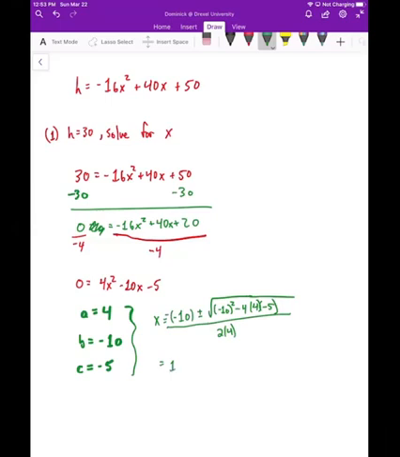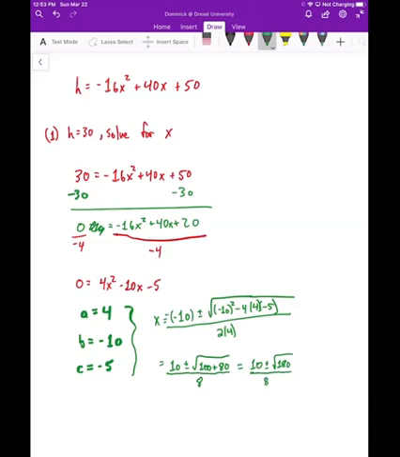So we get a positive 10 plus or minus 100. And let's see, I guess we get a plus 80, it looks like, over 8. So we get 10 plus or minus square root of 180